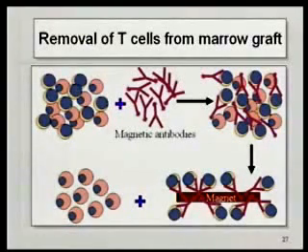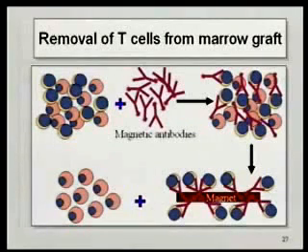There are antibodies that are specific for T cells, and these antibodies are tagged with magnetic molecules, like iron. Okay? So these antibodies, as you can see, they've got a little asterisk there, and those are little magnetic particles,